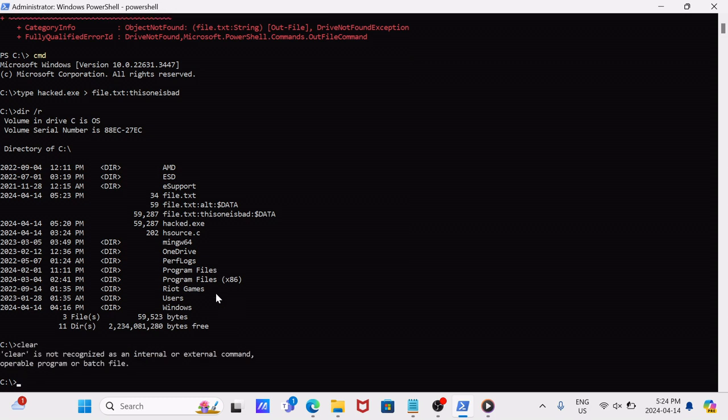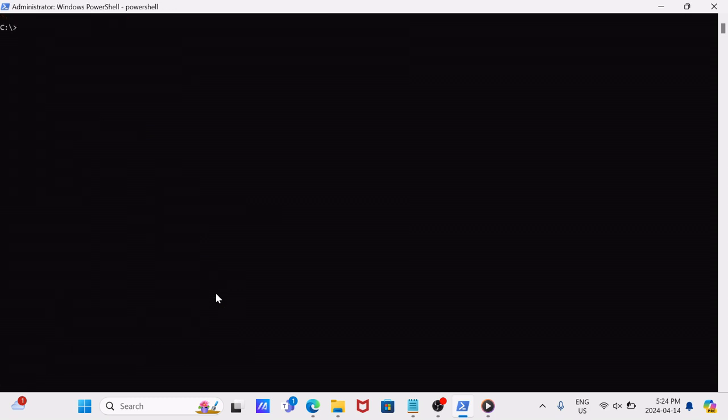So now that we have that, we want to actually execute this. We're in CMD, and CLS. If we wanted to actually execute this, we can use a command called WMIC. With WMIC process call create, and then we have to pass in the path to that alternative data stream we created for the file.txt file. So we're going to say c, and we're already here, so all we have to say is file.txt:this one is bad. If you press enter,